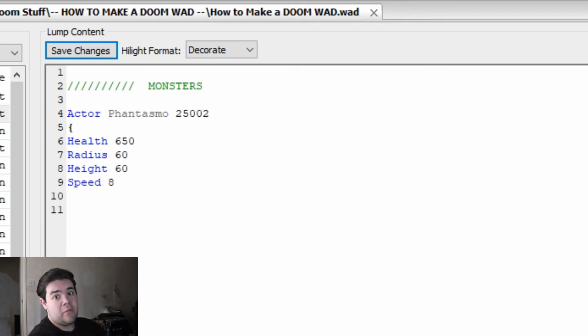Doesn't seem very fast, but it will be fast once I do the animations. I'll give it a pain chance. So this is the chance of it entering its pain state. If it's 255, no matter how much damage it takes or how many times you shoot it, it'll always enter the pain state. If it's something like 128, roughly, or 127, roughly a half, it'll be like a 50-50 chance,